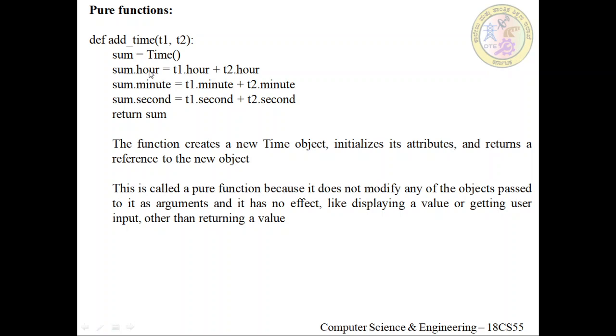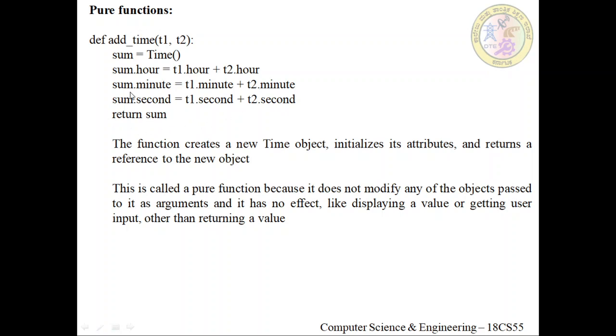Then we are going to create one more object of type class Time. So sum dot hour is t1 dot hour plus t2 dot hour. Sum dot minute is t1 dot minute plus t2 dot minute, and sum dot second equals t1 dot second plus t2 dot second, and we will return the sum here.